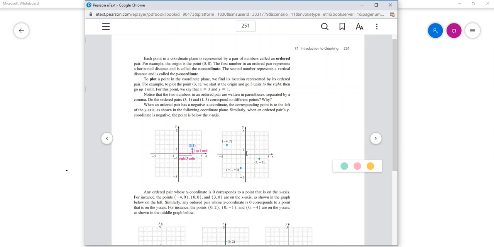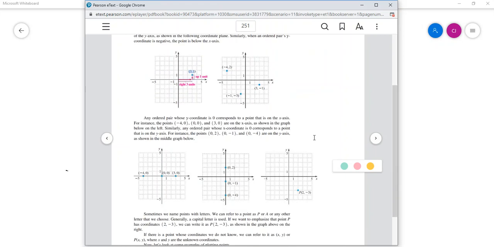Start in the middle. Go to the right 3 and down 1 to get to that point: 3, -1. And then this last point here, we go left 1, down 3, represented by these negatives. Okay,